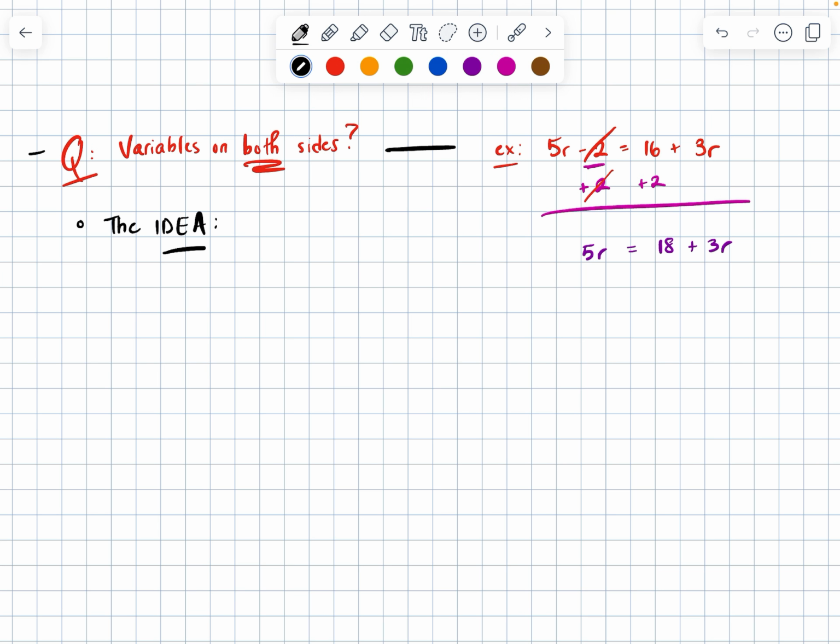So, the idea here is that using inverse operations, I can add, subtract, divide, or multiply by some number on both sides of my equation and still maintain the balance. So the idea is that for something like this, we can add or subtract a number from both sides, or to both sides,